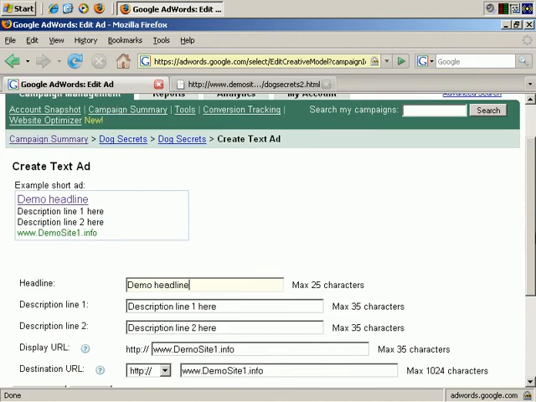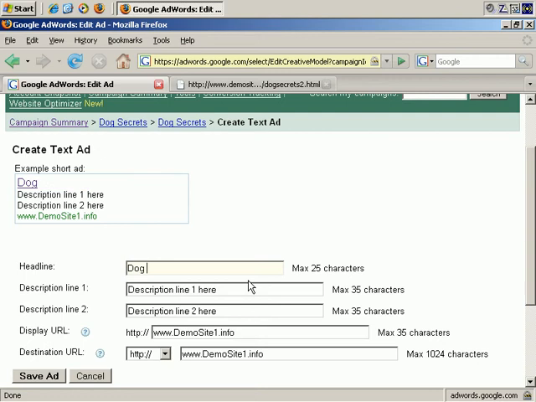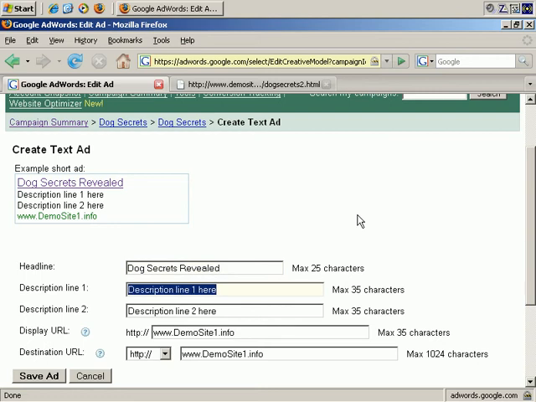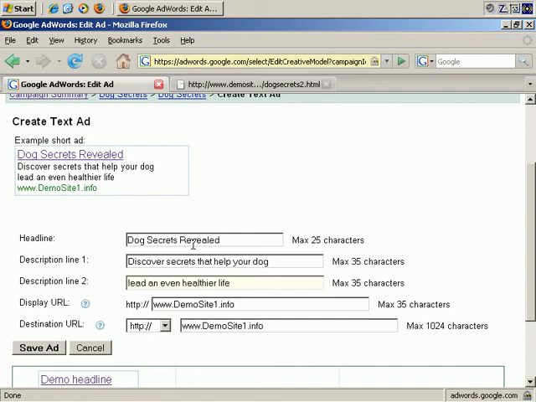So Edit, Headline. Let's say Dog Secrets Revealed. Then let's say discover amazing secrets that help your... Okay, we've run out of room there. Help your dog lead an even healthier life. Okay, let's finish, and that will do for now. So, Dog Secrets Revealed, discover secrets that help your dog lead an even healthier life. Display URL at